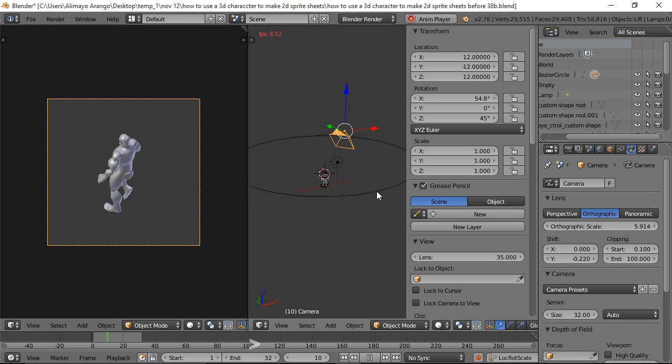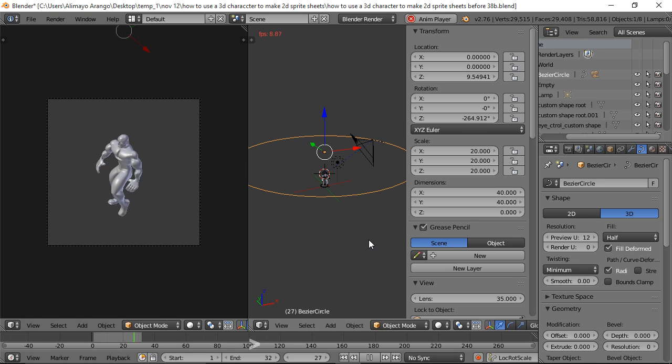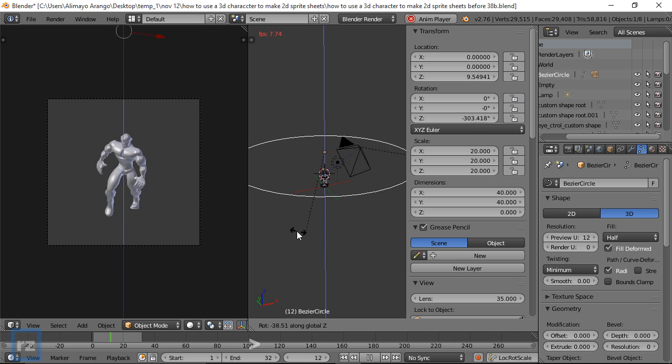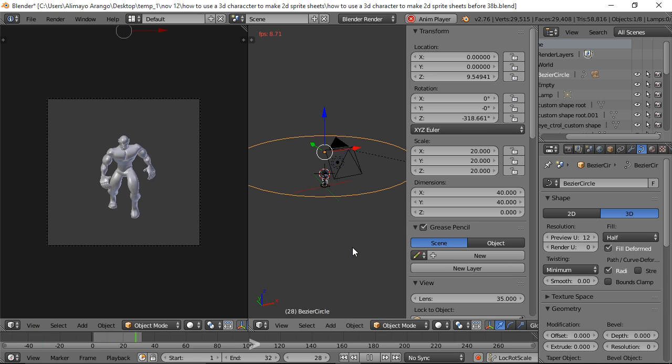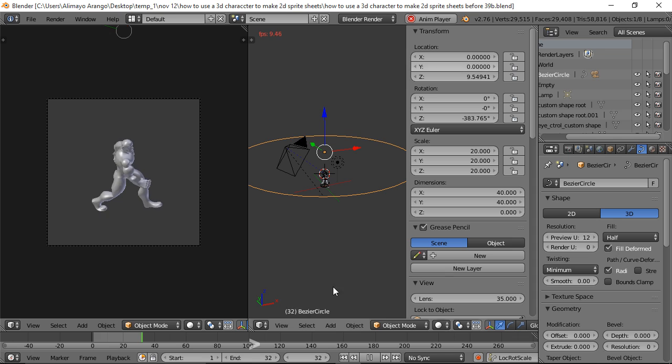And then what I'm going to do is select this curve again now. I'm going to press R to rotate on the Z axis, just making sure that it looks like the character is able to be in the view at all angles. And he does. Okay, for the purposes of this tutorial, we're just going to set up a basic 8-direction walk cycle